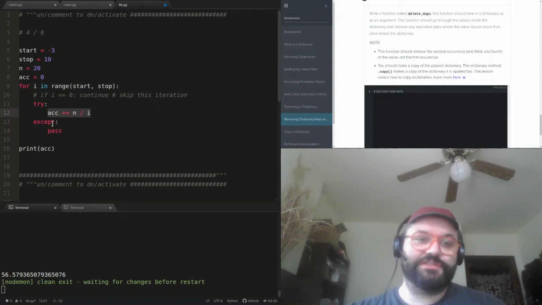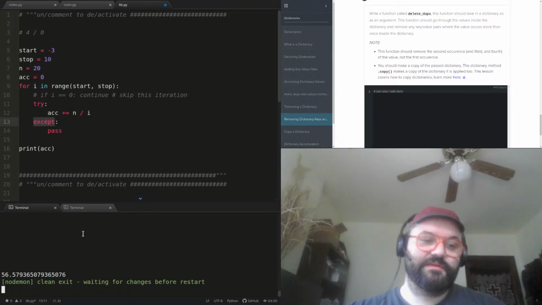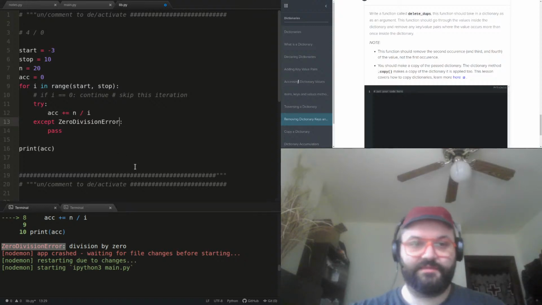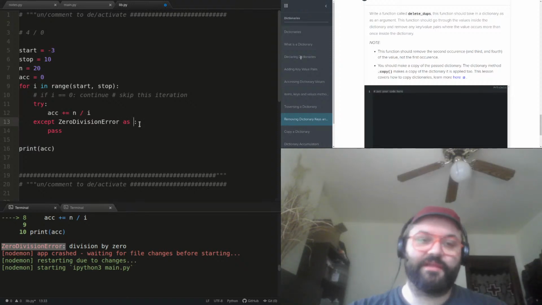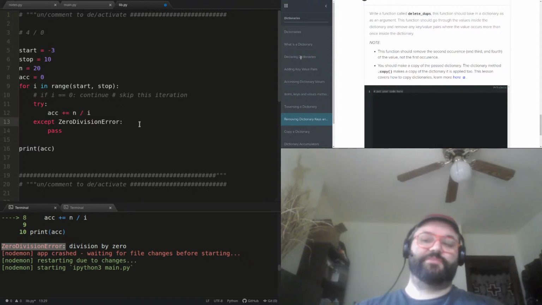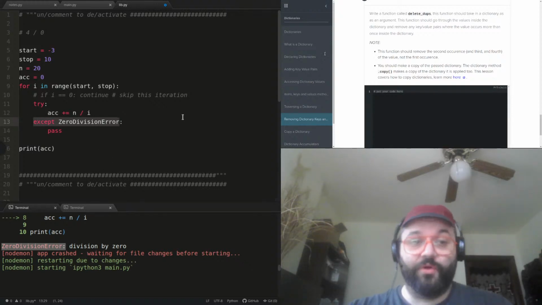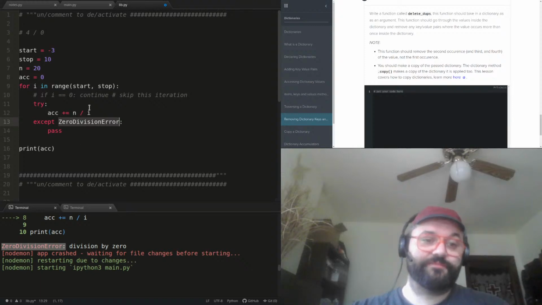So what you want to do is say except, and then zero division error. You get the error in your terminal, you copy it, and then you paste it in. Except ZeroDivisionError. You have an opportunity to name the error text. You could say as e or something, or you could just do this if you don't want to capture that error text. So this will catch a zero division error. It won't catch other errors. It will only catch a zero division error like this.